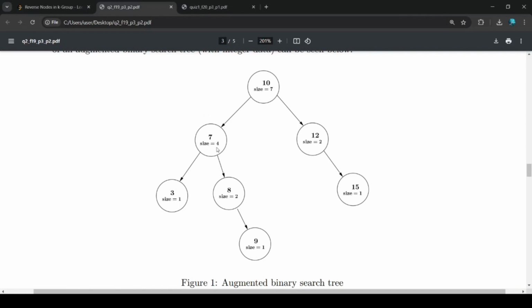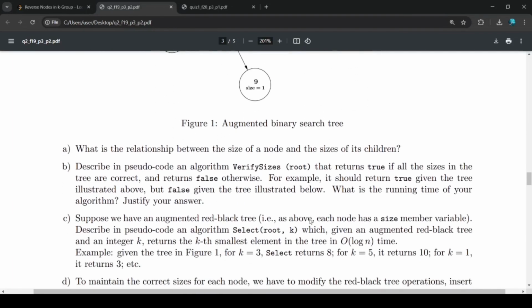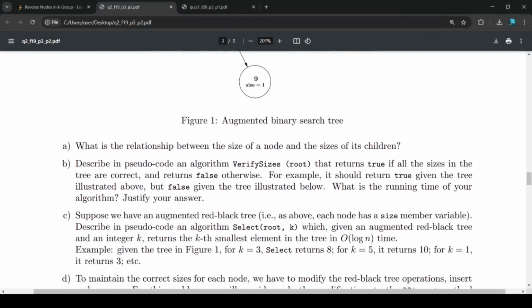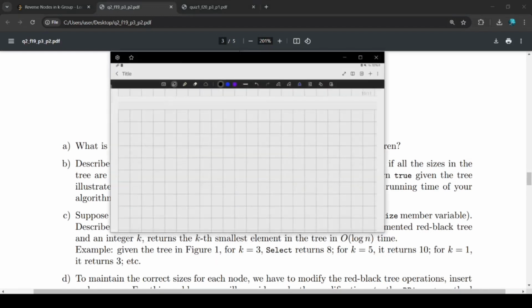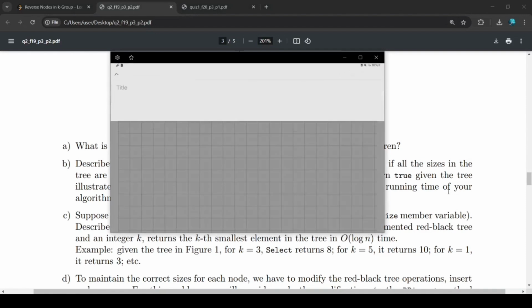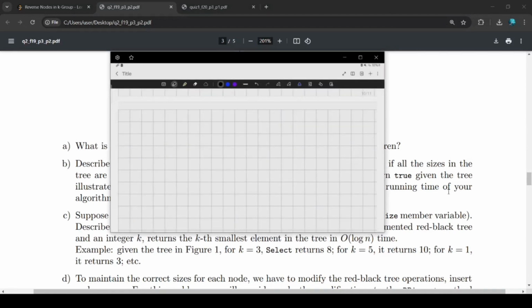So for example here, size equal to 4 indicates that the size of this subtree here is equal to 4, so it consists of 4 nodes. Here size equal to 2 indicates that this subtree here consists of 2 nodes, and so on. So in part A, we are asked, what is the relationship between the size of a node and the sizes of its children? Okay, so if we have a certain node n,